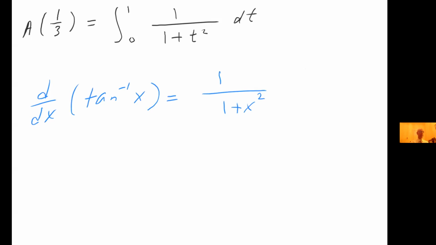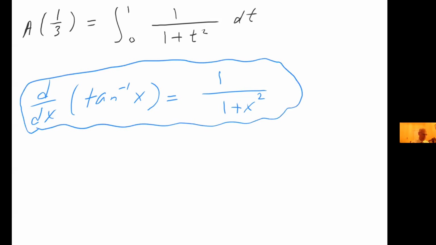So if d/dx of tangent inverse of x equals 1 over 1 plus x squared, then the antiderivative of 1 over 1 plus x squared must be tangent inverse of x. So using what we learned in Math 151,